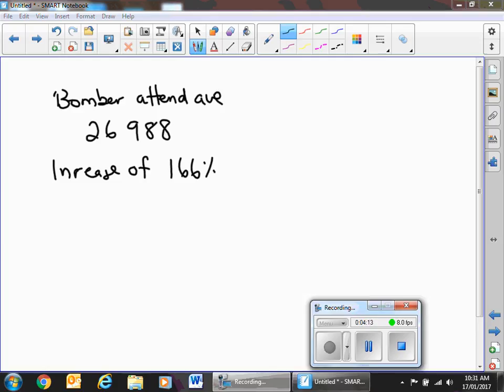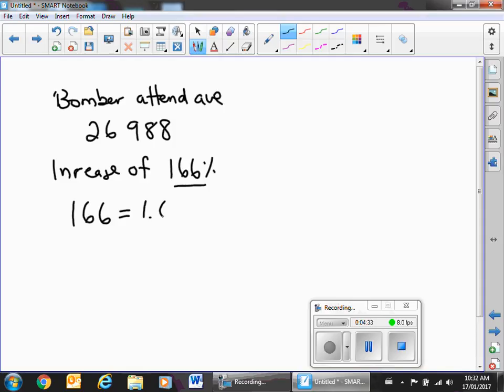Okay, question 5. The Bombers' attendance average is 26,988. In the playoffs, they saw their attendance increase by 166%. So the question is what was the attendance? So we know that 166% is the same as saying 1.66. Okay. So all we have to do is take 1.66 and multiply it by the average here, which is 26,988, and that is going to equal